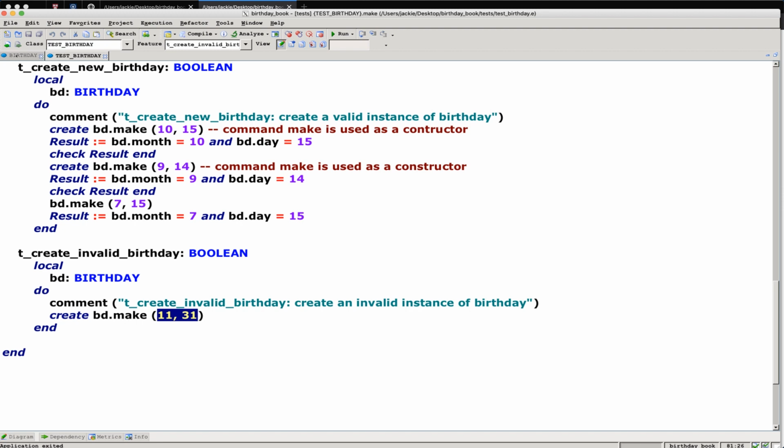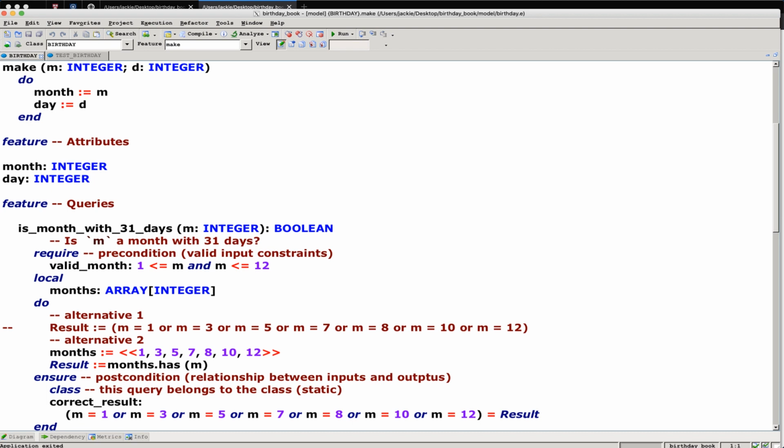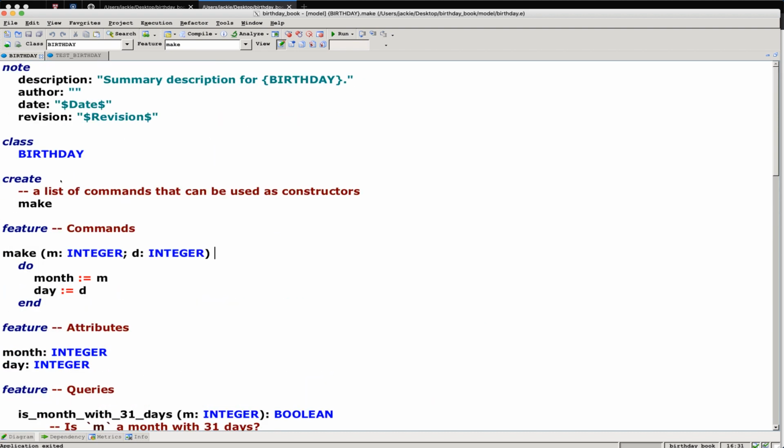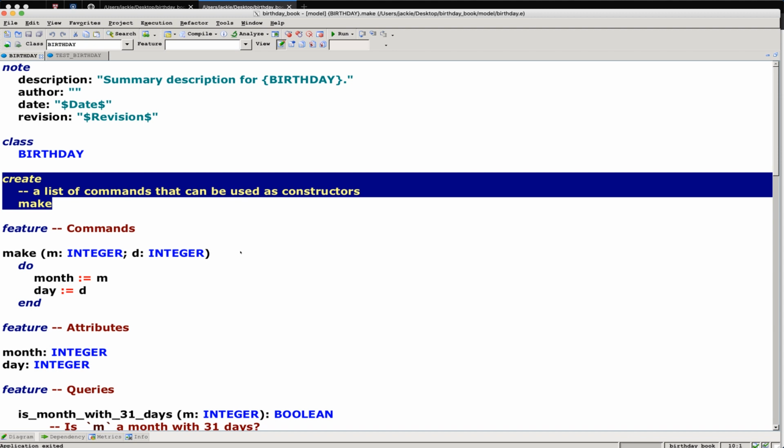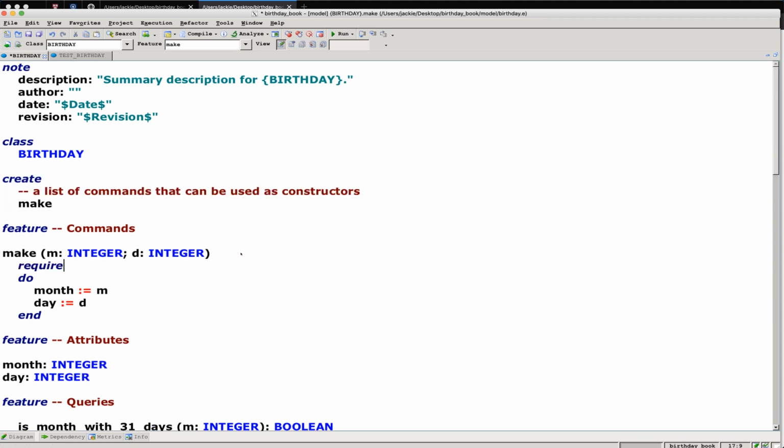Okay, so let's go back to the birthday class over here, and the make over here, we know that potentially it can be used as a constructor because it's listed under the creates. So what we want to do now is we want to say require here. Okay, so what should be the precondition for this make? Okay, it should forbid input values that will cause the invariance to fail, or you can say that will cause an invalid instance to be